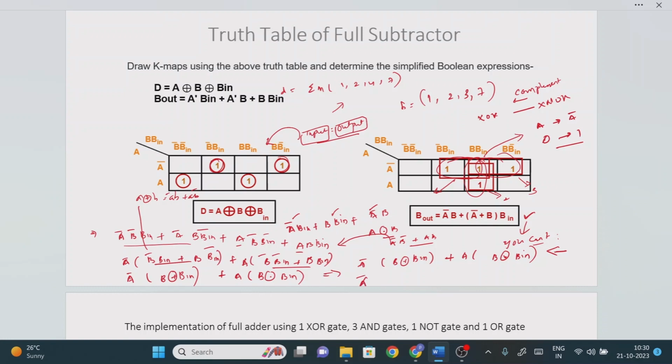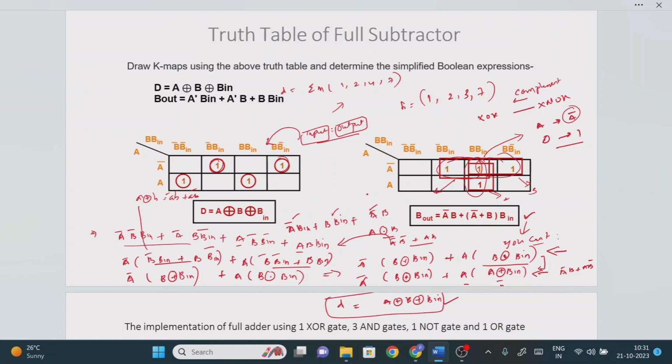So for that I am going to keep the XOR logic gate as it is, let it be B XOR of Bin as it is, plus this XNOR I am going to write in terms of the XOR logic gate. Now both are not the same, right? What is the relation I told? Complement relation, right? So here we need to keep the complement. Now if you observe this expression, it looks like A bar B plus AB bar, so how can we write this further? A XOR of B XOR of Bin. This is the expression for the difference, right?